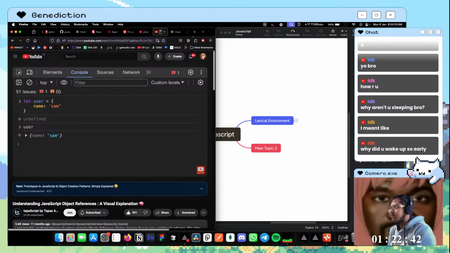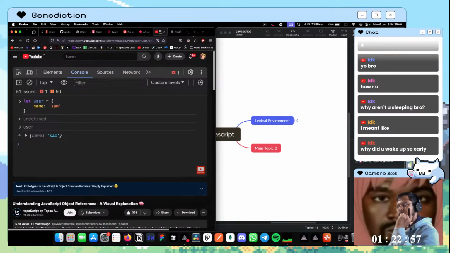In this case, the value is handled by reference type. What does it mean? It means that the object name colon Sam gets stored somewhere in the memory, some location in the memory, and that location has a unique address. Just like our house has an address, we have an email address, something unique to identify a location. So the location in the memory will be identified by that address.